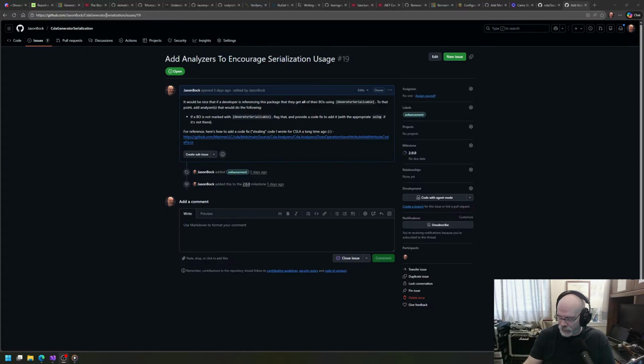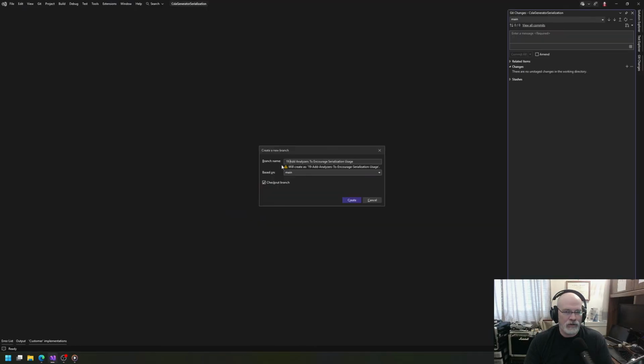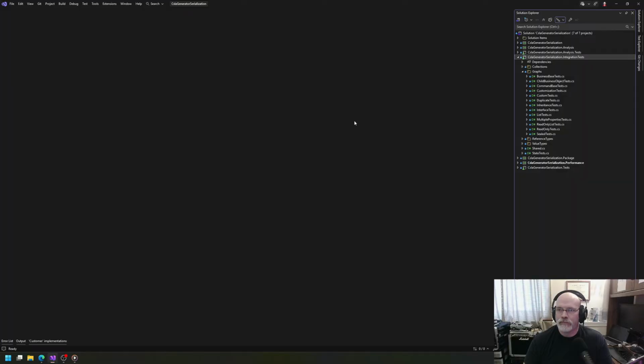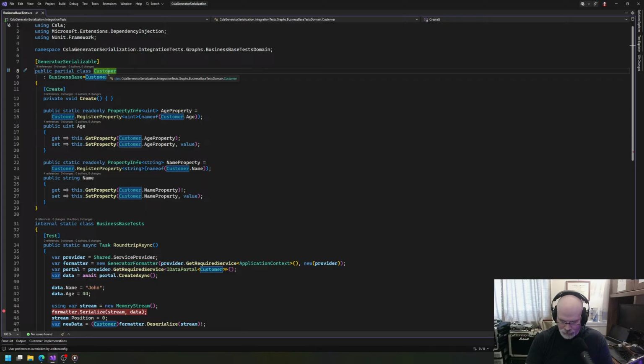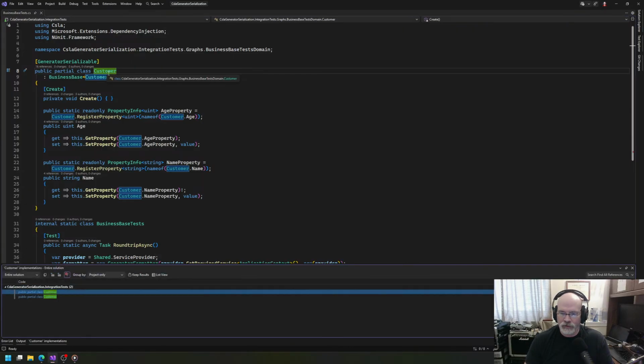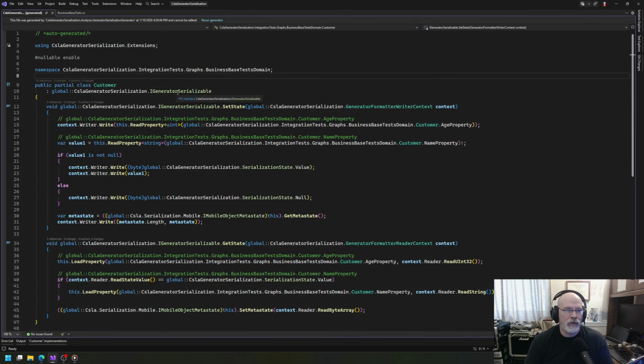And asking developers to hardwire that would be ridiculous. So now with source generators, I wrote this thing. I probably have mentioned this before. If I go to my integration tests, we do business-based tests, and I go here and I say, let's go to all the implementations. You'll see that one of them is this generated code that does set state and get state, and then here's the hardwired stuff like the age property, the name property,